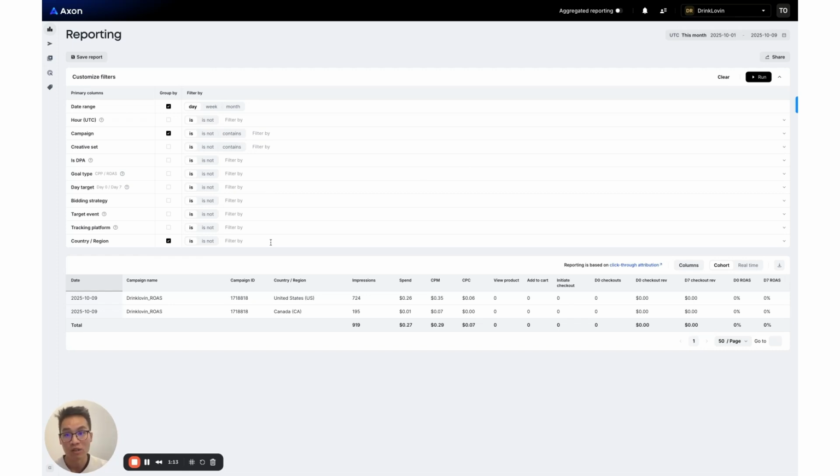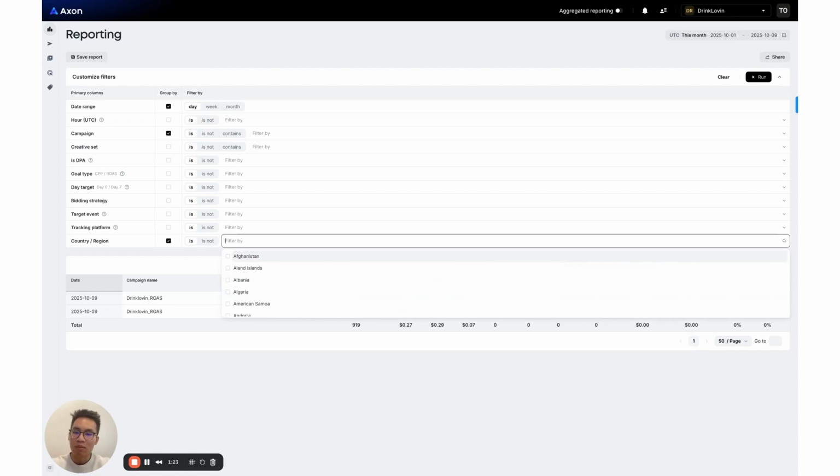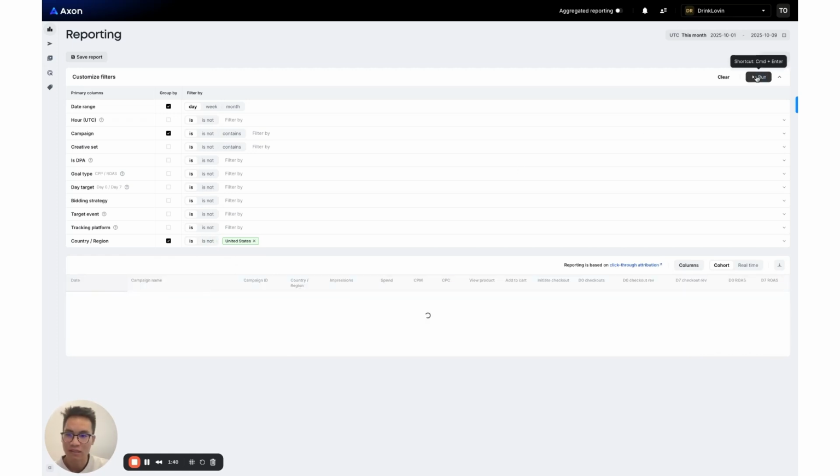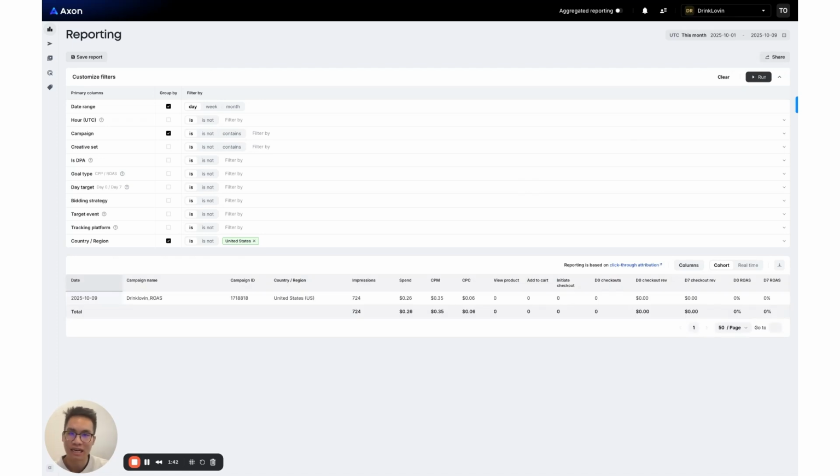Furthermore, what you can also do is further filter your data output within the table. So for example, let's say we only wanted to look at performance within the United States. I'm going to click into this filter by box in country and click on United States. And let's say the inverse, we wanted to exclude every country but the US. You can also click on the Is Not button. But for now, let's click on Run, and you'll see that now we filtered out all data outside of the